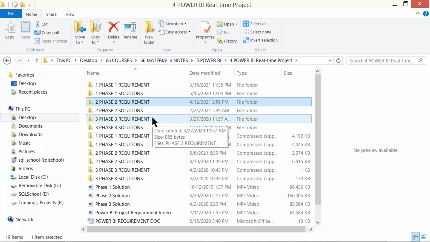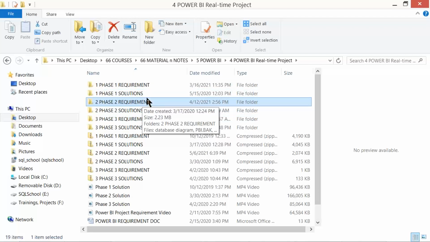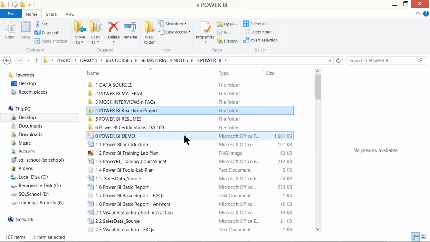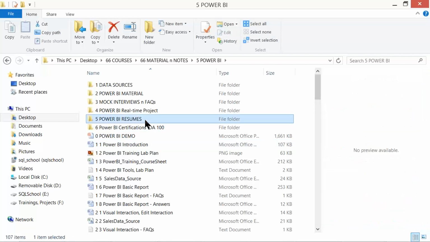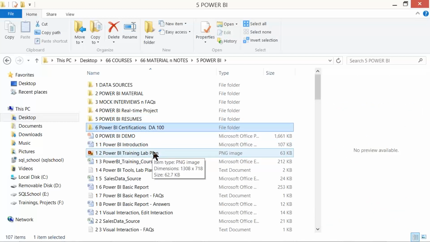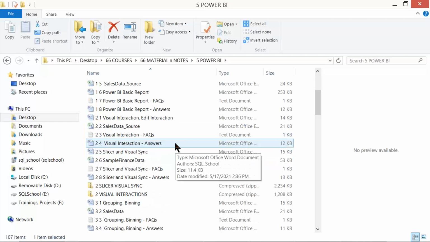So keeping in mind a real world environment wherein it depends on different levels of project implementation for any type of requirement. We have this beautiful project here to be filled into our resume. Total 3 phases. On average, it will take about 15 to 20 hours in general, in addition to the course, to work on it. And we need to have the resumes and certification guidance, DA-100, as part of the course. Okay, this is the overview of our course.